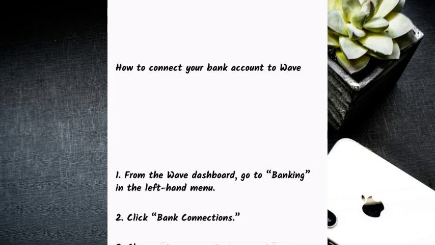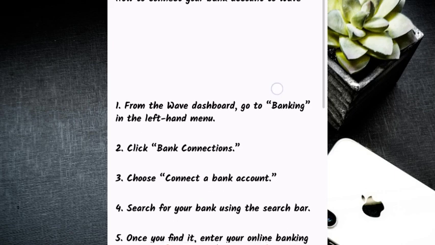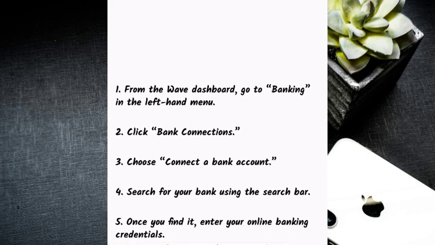Now, from your Wave dashboard, what you're going to do is go to banking in the left hand menu. Of course, it goes without saying you're going to first need to log into Wave with your credentials. Once you're logged in and on the main dashboard, go to banking, and you find that in the left hand menu. Once you're in banking, you're going to click bank connections, and then you're going to choose connect a bank